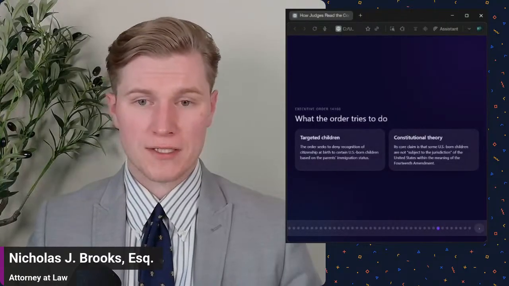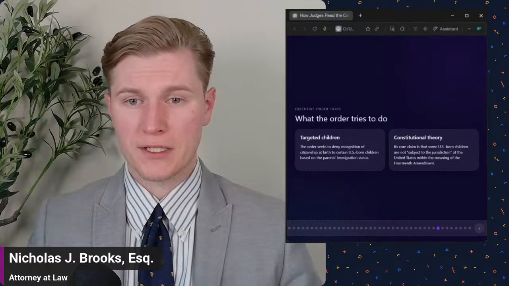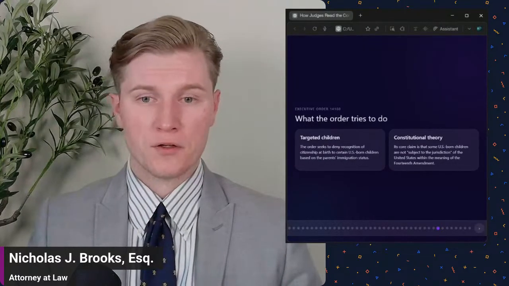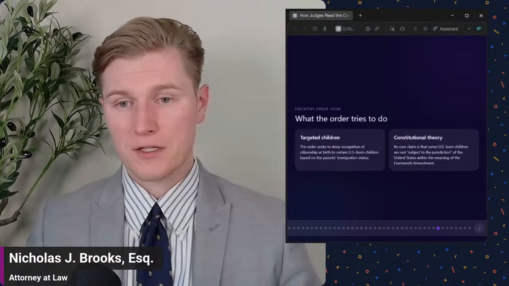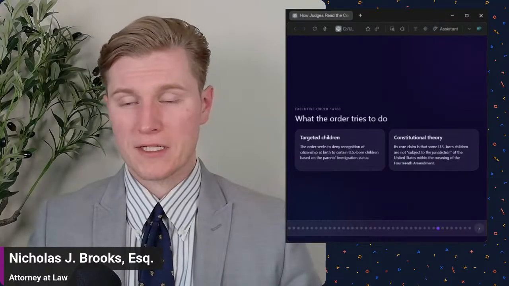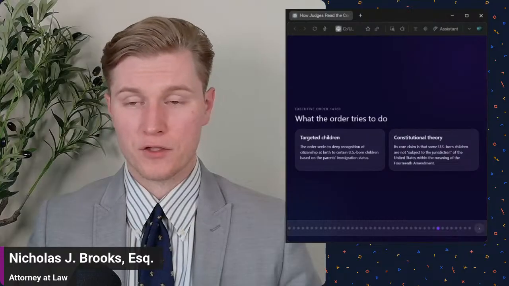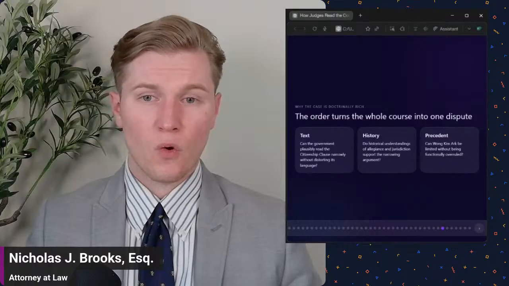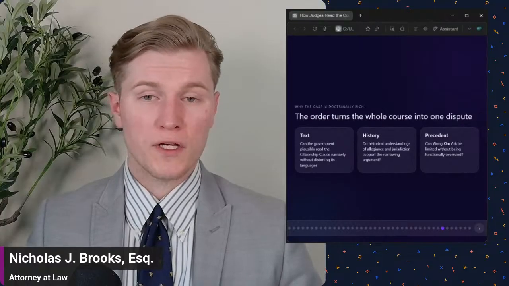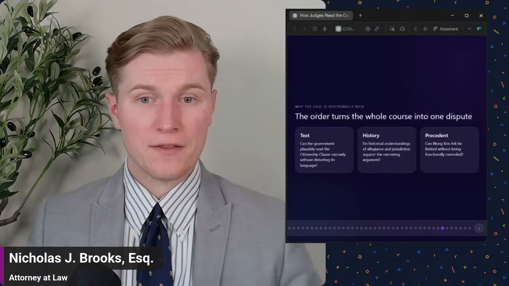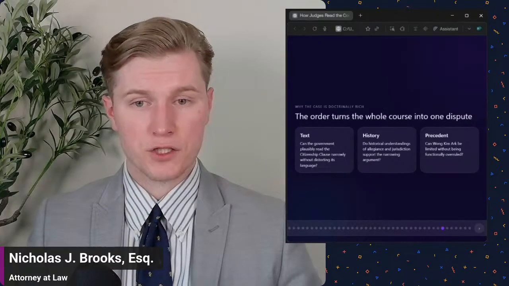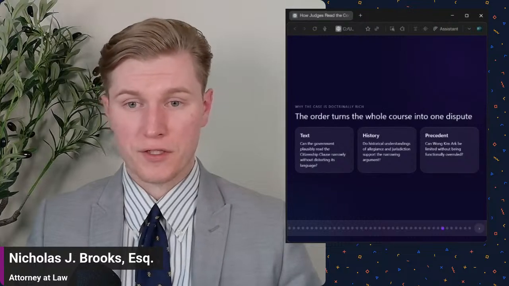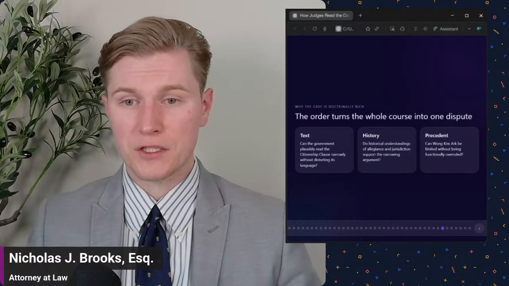And what the order tries to do, it targeted children. The order seeks to deny recognition of citizenship at birth to certain U.S.-born children based on the parents' immigration status. Here's the constitutional theory. Its core claim is that some U.S.-born children are not subject to the jurisdiction of the United States within the meaning of the 14th Amendment. The order turns the whole course into one dispute. So the text: can the government plausibly read the citizenship clause narrowly without distorting its language? Here's the history: do historical understandings of allegiance and jurisdiction